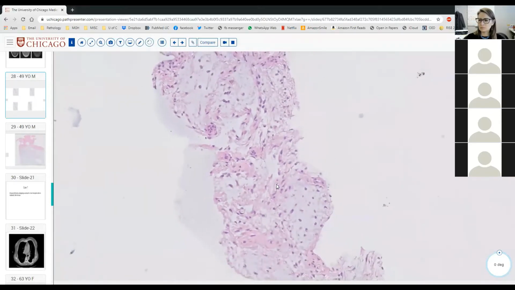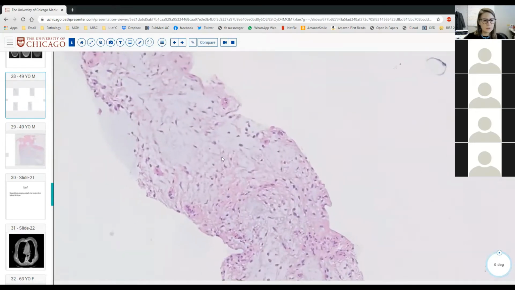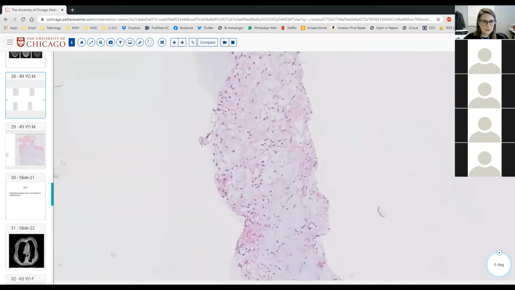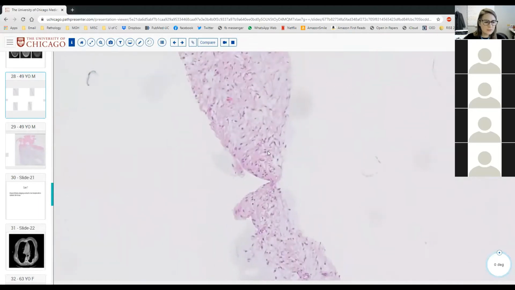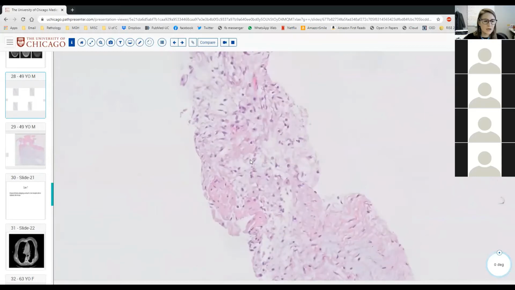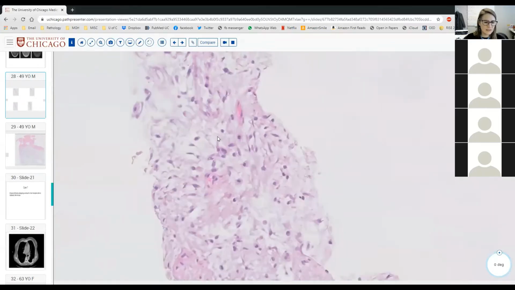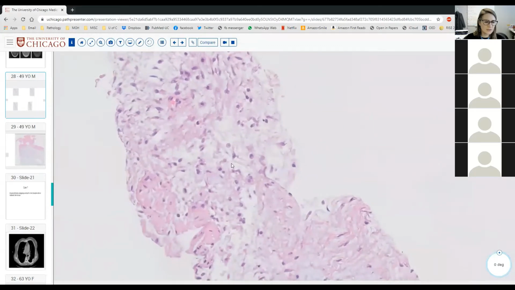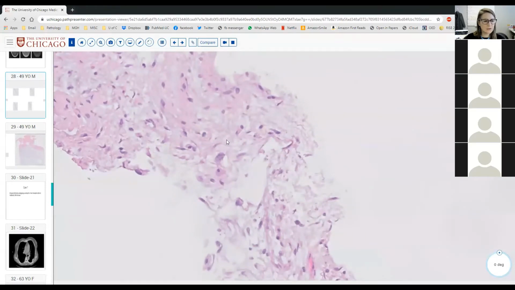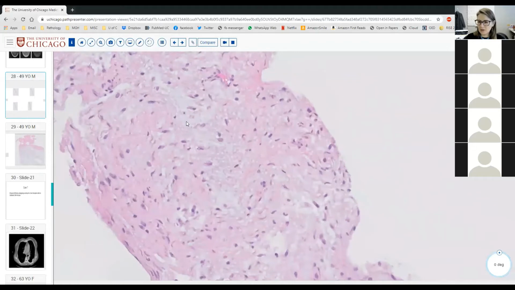I don't know if there are any other features that I might have passed over. Yeah, so no, that's good. So Reham's adding maybe some thin-walled blood vessels, certainly. Nothing very strikingly vascular, but some small capillaries and some small vessels. Basically agreeing with what you said, with these spindly cells set in this variably myxoid to collagenous stroma, with maybe a slightly larger nucleus here and there, but really nothing that's angulated, hyperchromatic, and large, mitotically